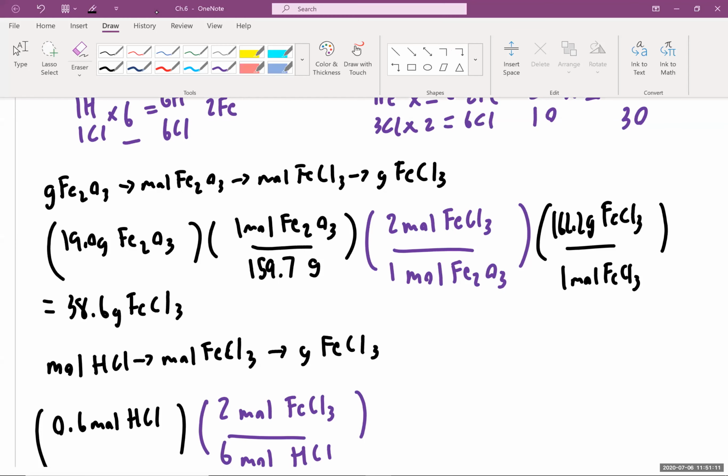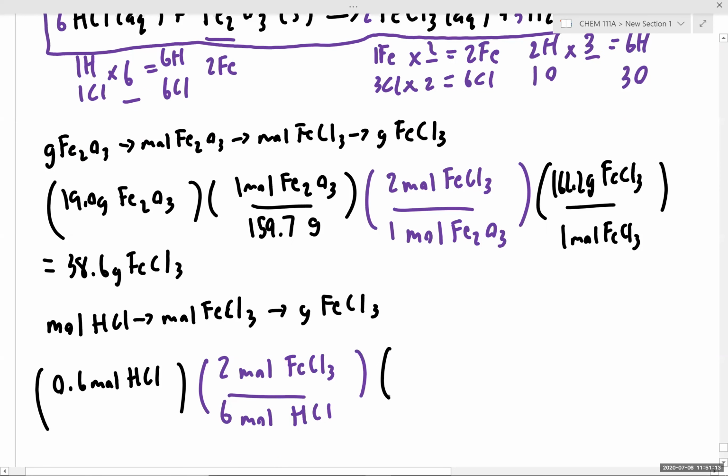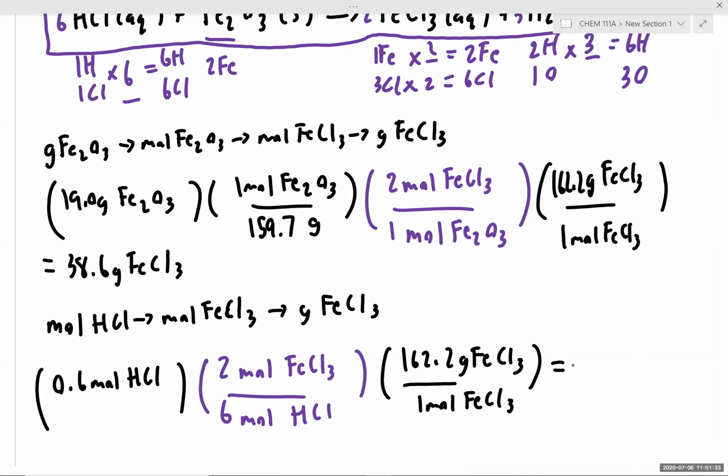Okay, so continuing on, to convert to grams, we know that we have 162.2 grams of iron 3 chloride per 1 mole of iron 3 chloride. And if we punch that into our calculator, we have 0.6 over times 162.2, and that gives us